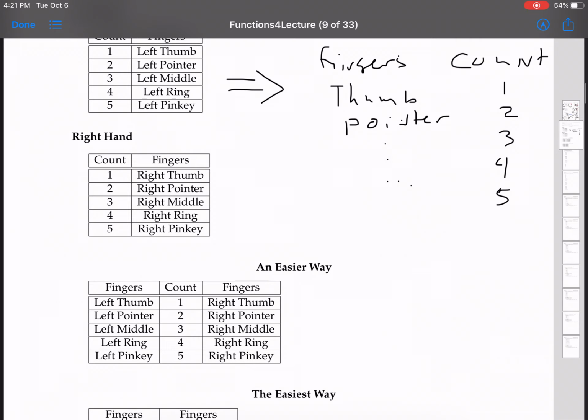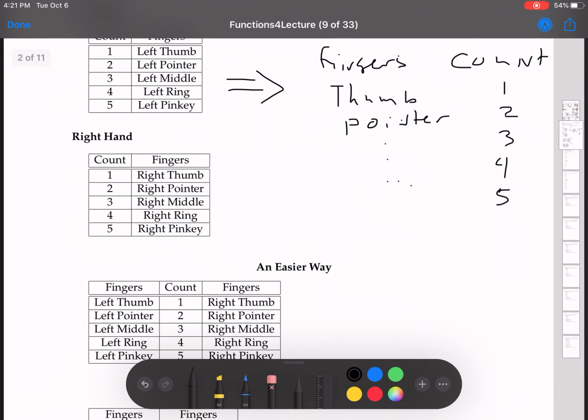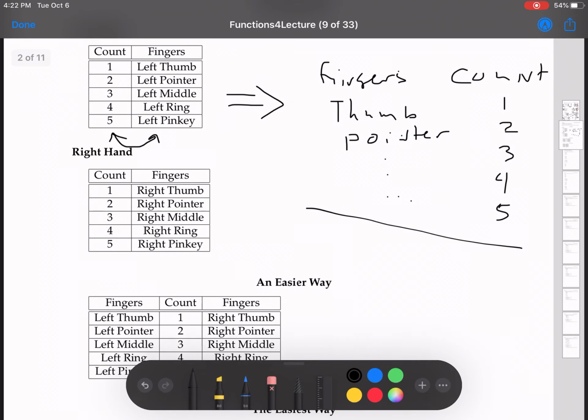Now think about this. This information that I have here, when I just reversed the order, I put the count on the right and the number of the fingers on the left. That's all I did. I just switched the order. It still has the same information. It doesn't change anything. It still holds exactly the same information. And you say, oh, okay, well, the count is together, so you can put them together, and then you see that,